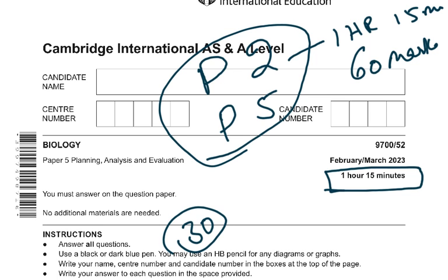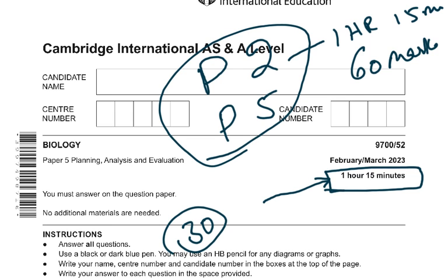But why is the same time given to you? The reason is it's a very, very thinking paper. You need to think a lot of things. You need to read the question at least 3 times. You need to understand the question. Most of the answers are in the question, as I will tell you in this paper when I solve it for you. Most of the answers are in the question,